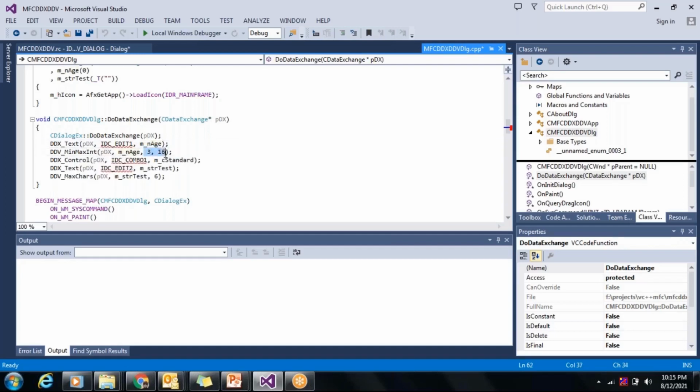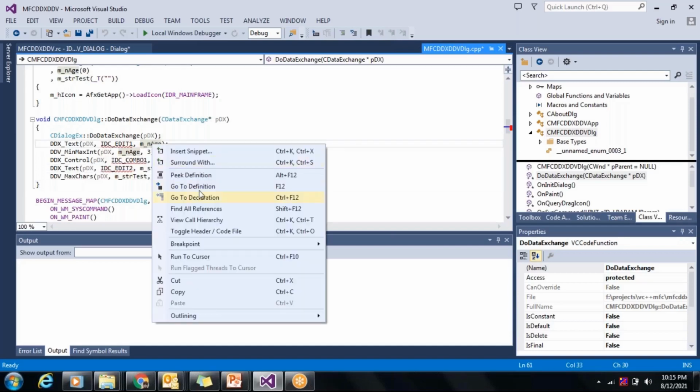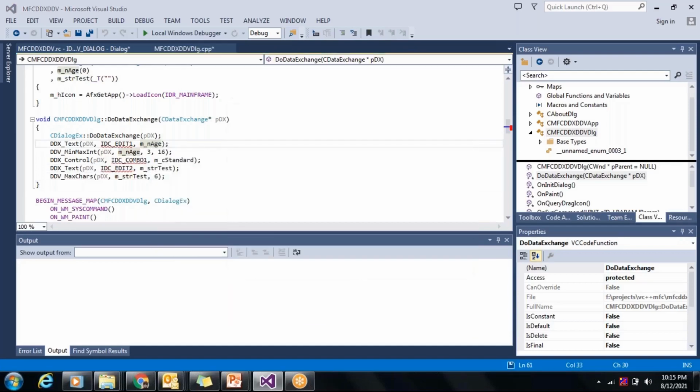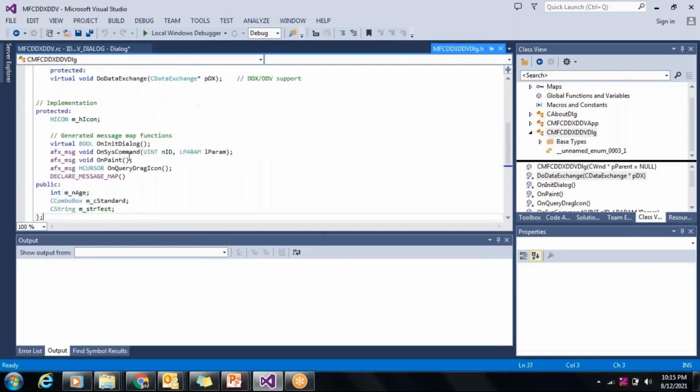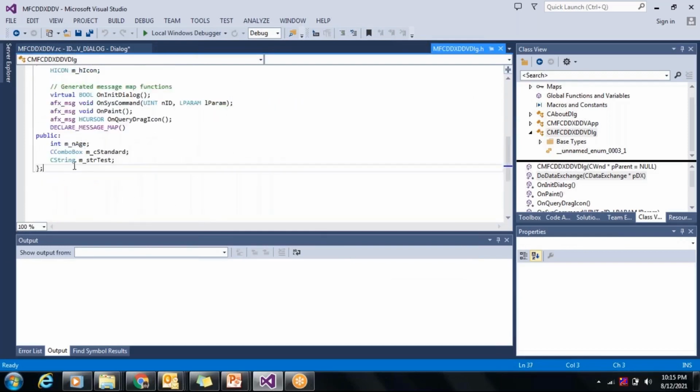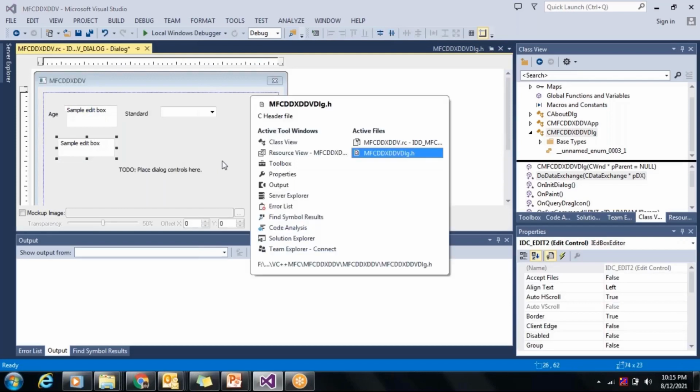Minimum is 3, maximum is 60. And again, this is my control variable which we added for the combo box, and then this is our second edit control where the data type is C string and the maximum allowed characters is 6. So all these variables are declared in your header file, where you can see the variables here, and this is my DoDataExchange.